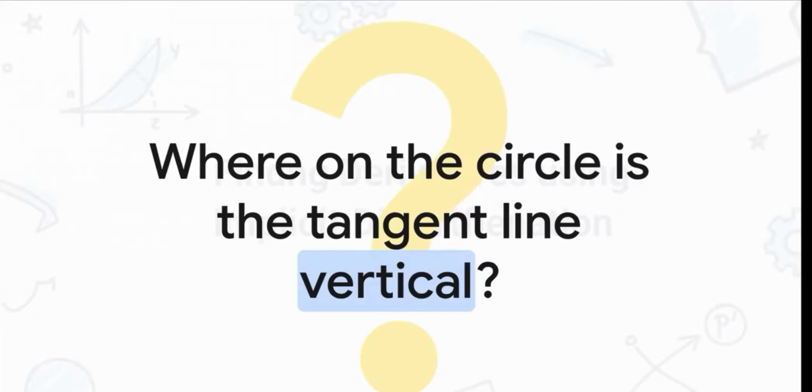So I'm going to leave you with a final question to chew on. You now have the master formula for the slope anywhere on this circle. So, where on the circle would the tangent line be perfectly vertical? Think about our formula. y prime equals negative x over y. What would have to be true about that fraction for the slope to be vertical or undefined? Give it some thought, and you'll